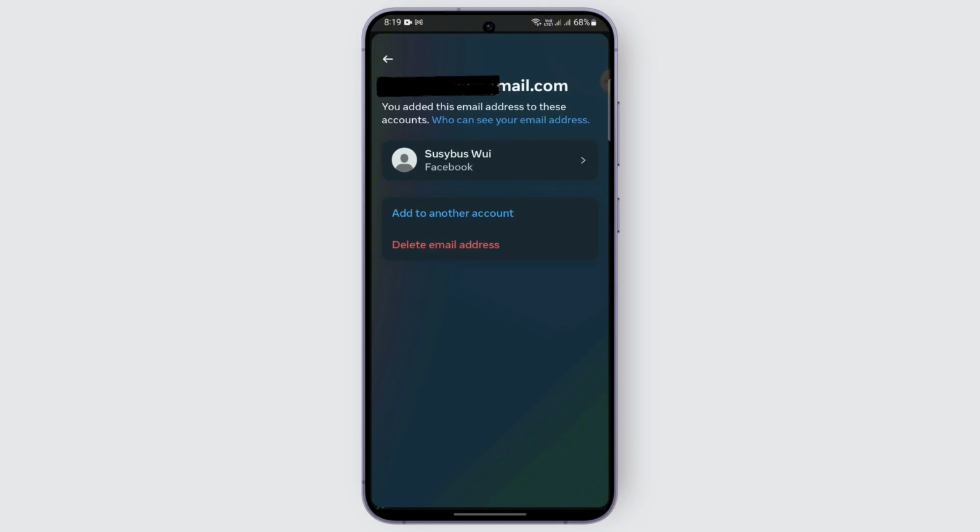So therefore, by following this method, if you want to remove any kind of email address or phone number from your account, you just need to